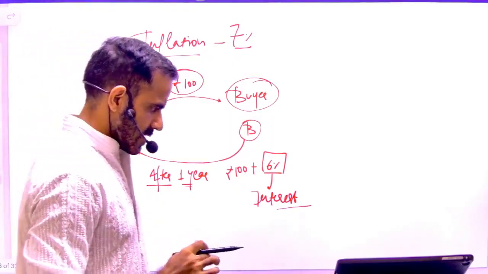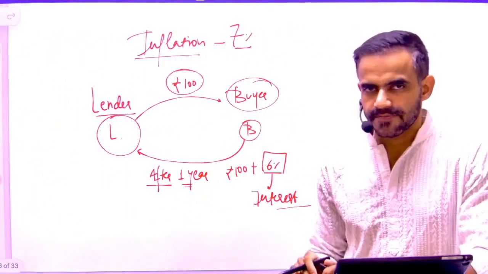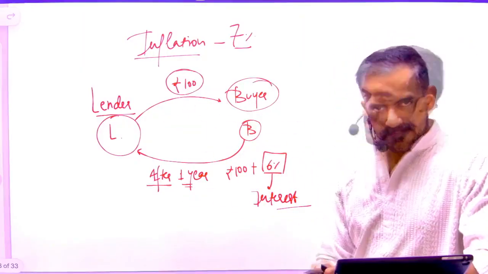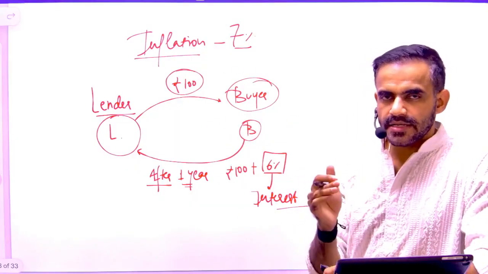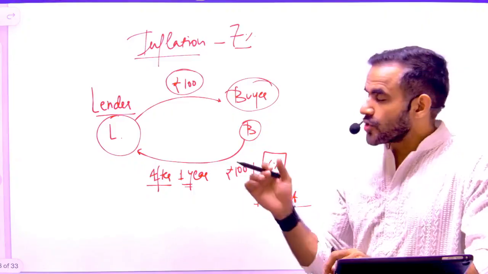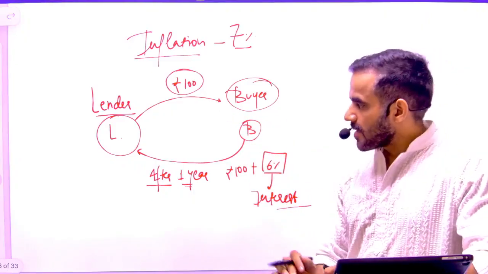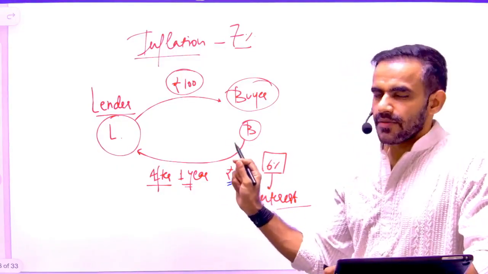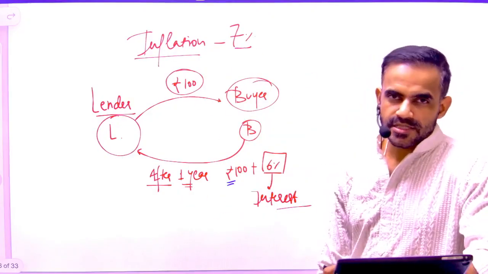Now understand, if we have a scenario like this, who will be benefited? The person has borrowed 100 rupees, the person has returned 106. The rate of inflation is 7%. So who will be in a better position in this case? Now understand why it is going to be beneficial for the borrower. Because the 100 rupees will not have the same purchasing power. Why not? The inflation has eroded the purchasing power.